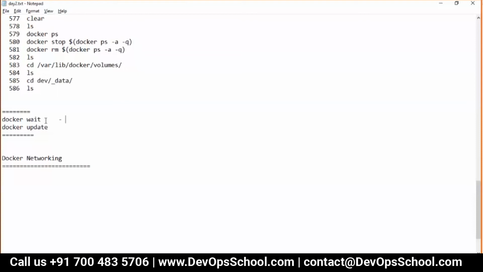So if you want to know that, you use docker wait and the container id, it will wait until it exits, and the moment it exits, it will capture the exit code and print it. You try to find out the meaning of that exit code, and that way you can know whether the work is completed, not completed, or whatever it is. Make sense, guys?